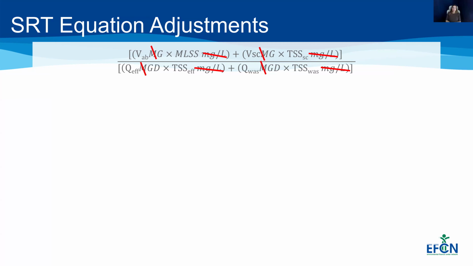Those units all cancel out, and we're just left with the per day at the bottom of the denominator. Again, you can use that 8.34 conversion factor to get rid of the gallons and make sure we're just doing the loadings, and you're just left with your pounds per day. But since you're doing it on the top and the bottom, you don't really need that if you don't want to.